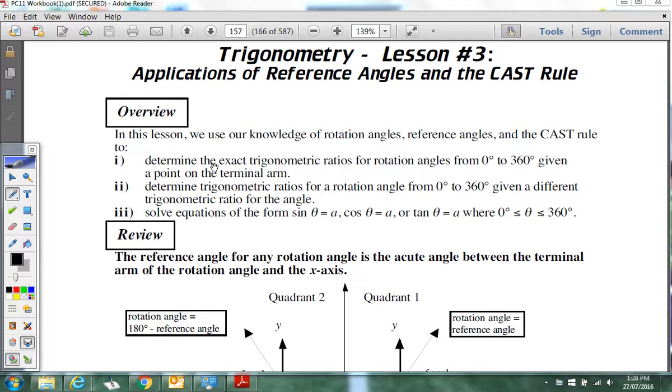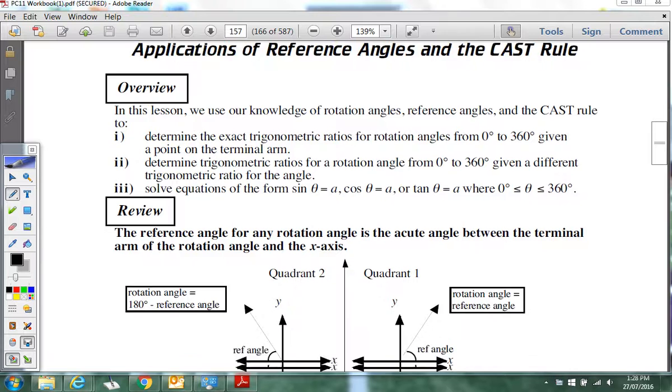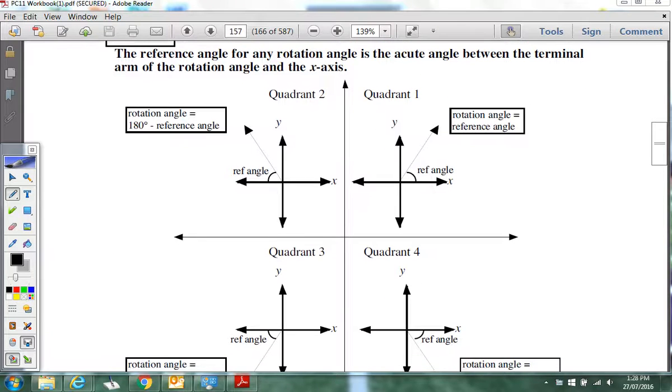And then solve equations from sine theta equals A, cosine theta equals A, or tan theta equals A, where we're going to use inverse cosine, tangent or sine, which is a calculator move that we will do at the end of the lesson. So a quick review from the previous lesson